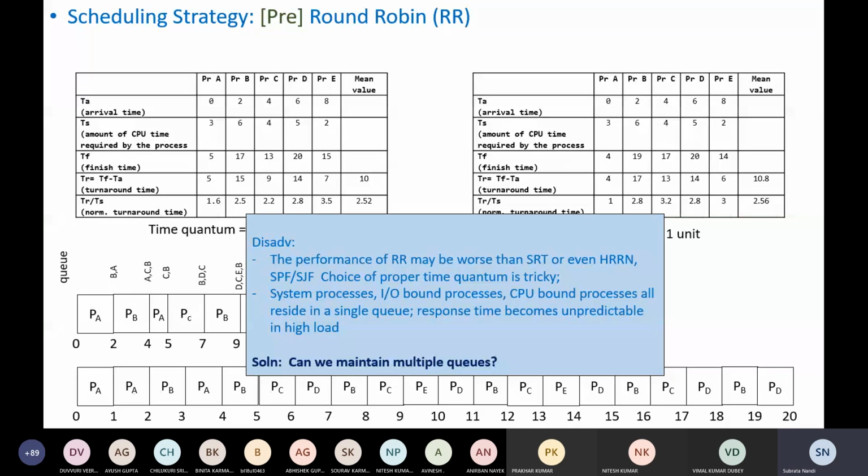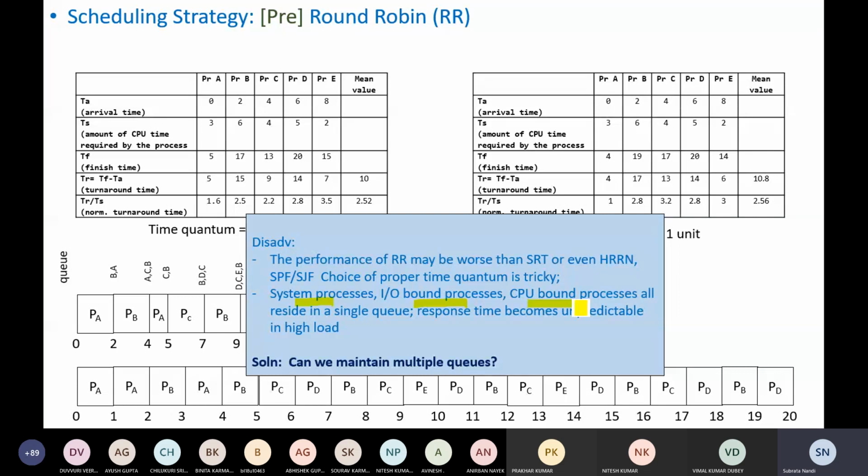Another drawback is that, what is the other drawback here? You see, the system processes, the IO bound processes and CPU bound processes, if you maintain a round robin queue, just one queue, then all the processes are getting crowded in the single queue. So unnecessarily,